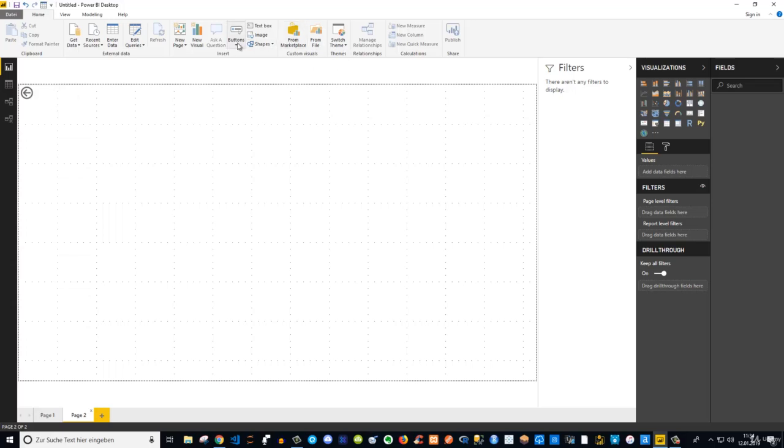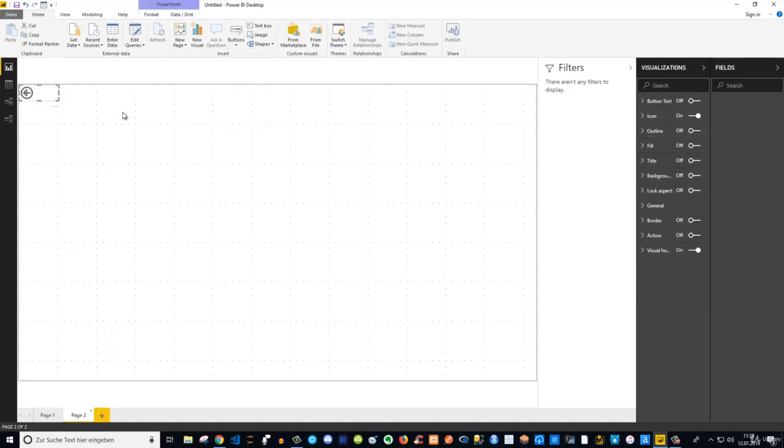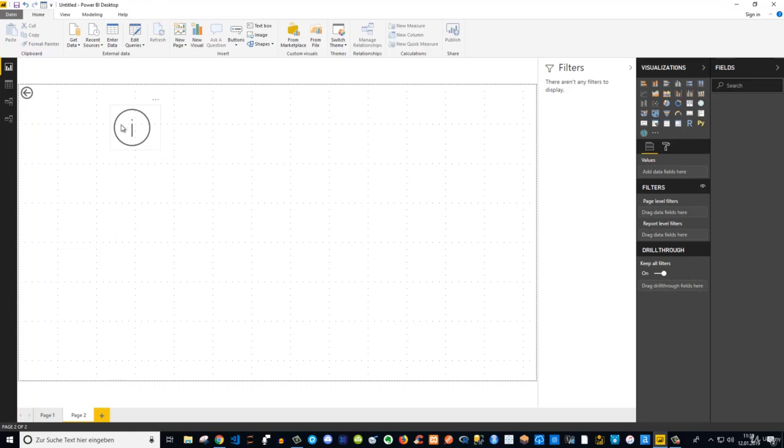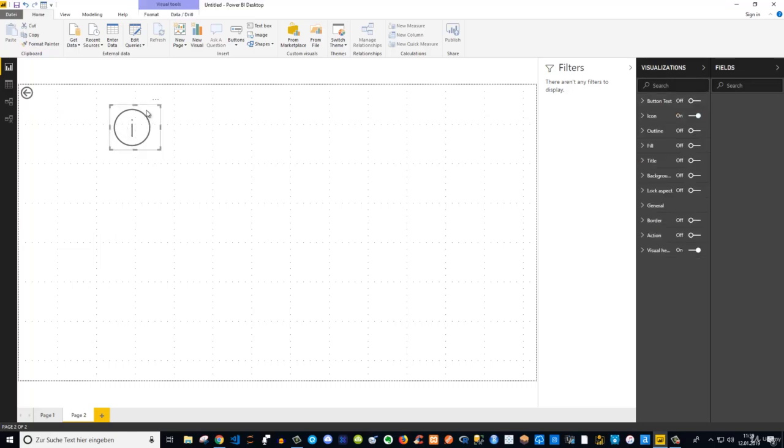You could also, as I said before, there are a lot of options, so a lot of different kinds of buttons: an information button, a help button, a Q&A button, and so on. And the great thing is that you really can adjust those buttons, okay? Currently it's a back button here, but I could also, for instance, create a new button here and can say I want, for instance, use this information here. So click on this, and all I need to do is I simply drag this information button somewhere here, place it here, and then currently it's an information button. But if I click on the visual itself,